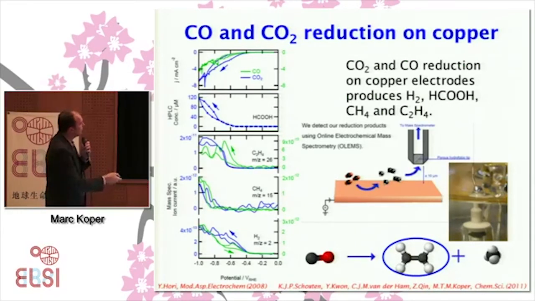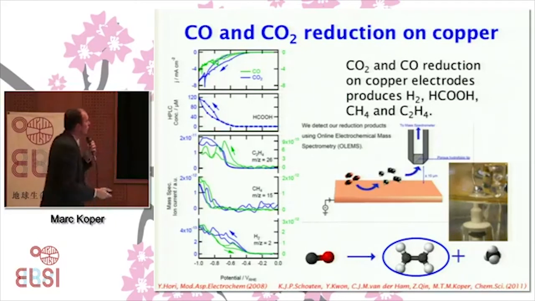And we studied this again with an online mass spectrometry system. So here we can follow the formation of the gaseous products as we change the potential. So again, here we start from 0 volt. We go more negative, so we make the environment more reductive. And you see the current flowing here. This is, by the way, mainly hydrogen formation, as you can see here. You see that as we go more negative from CO2, we make some formic acid, but formic acid is not